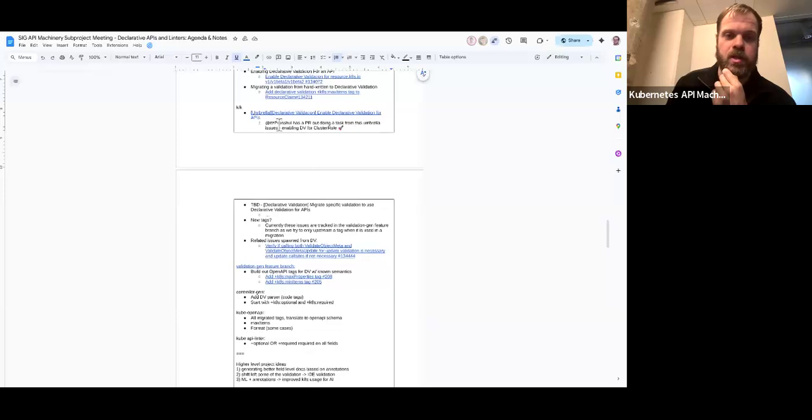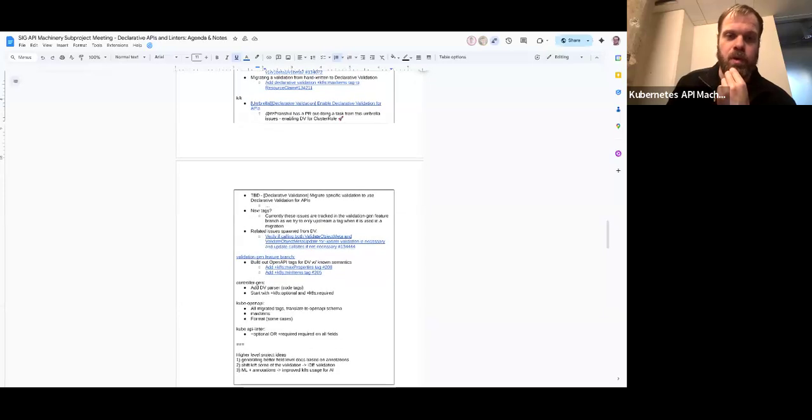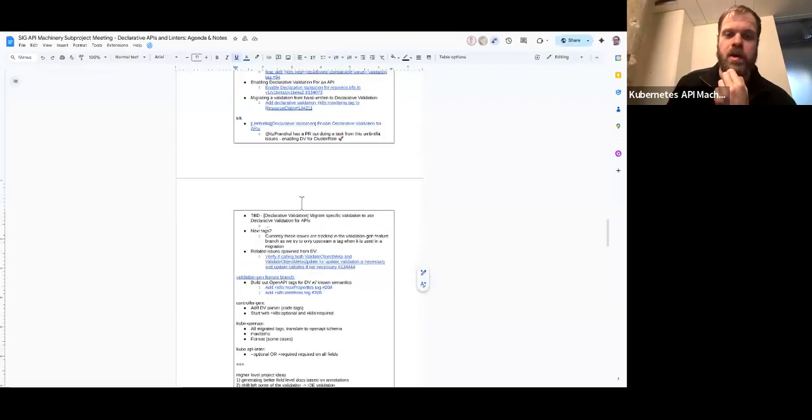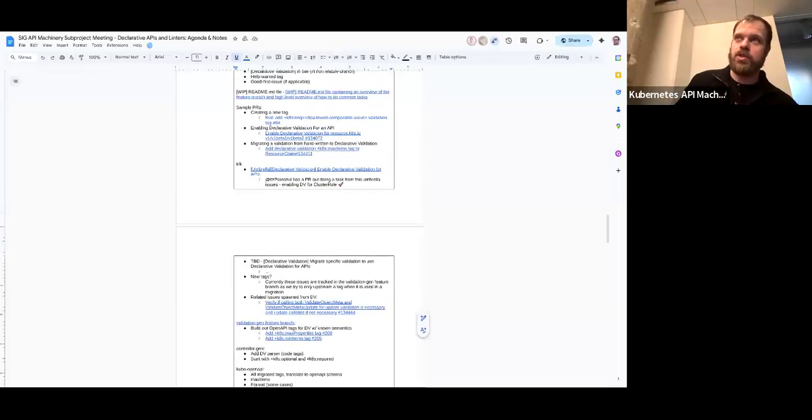I know Pranchal or maybe Bryce had mentioned getting on items. There are some open issues in the feature branch around that. The way that would work is you'd go into validation gen, write a tag in the validators, write the min logic, and there are example PRs on how to do that. Essentially you make a validator object that registers itself with our declarative validation library. You make a validate method that's actually called by the generated code. So for minimum, you would check the field value minimum, this kind of thing. And then you would write the test there. That's hermetic, and that's what we hope the community will do in building out these tags.